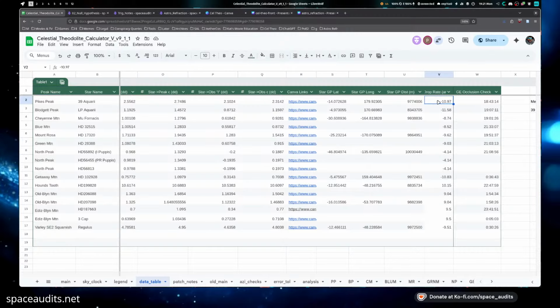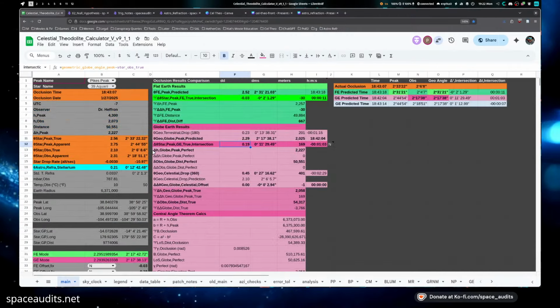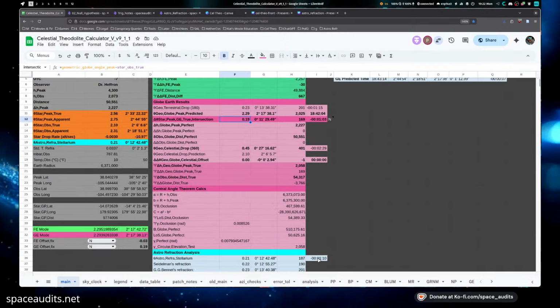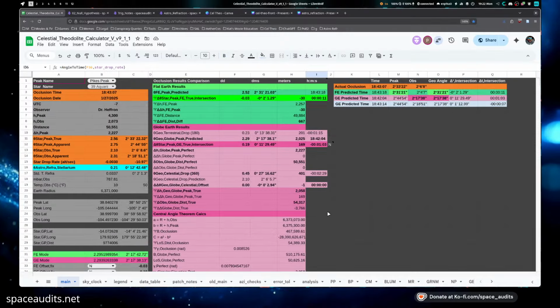So we have a drop rate offset here for 15 degrees per hour. Instead of 15 degrees per hour, you'll see it's 9.97 or 10.97 degrees per hour, 11.58 degrees per hour, etc. So all of these come out of that. And then you could verify the angles in Stellarium, like I said, to make double extra sure that we're good to go. Because the thing about our spreadsheet is that we super like verifying with globe tools to make sure that everything is steel manning the globe as strongly as possible.